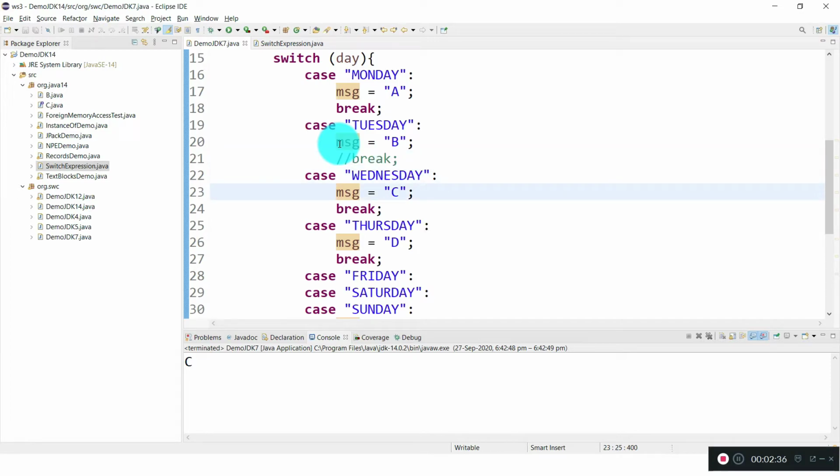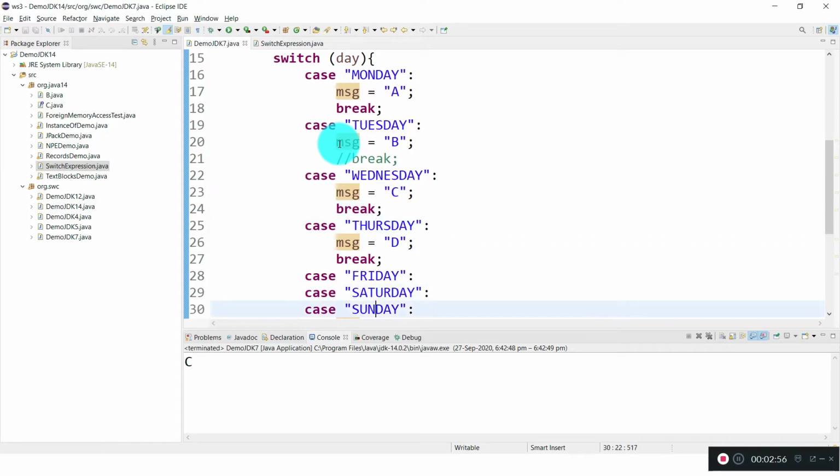There the value C is assigned to the message, and the control encountered a break and exited. So the final value assigned is C. That's the reason we are receiving the answer as C.